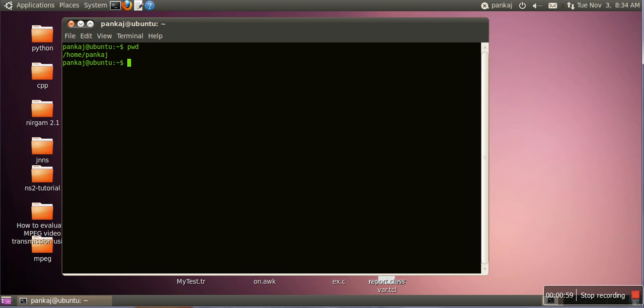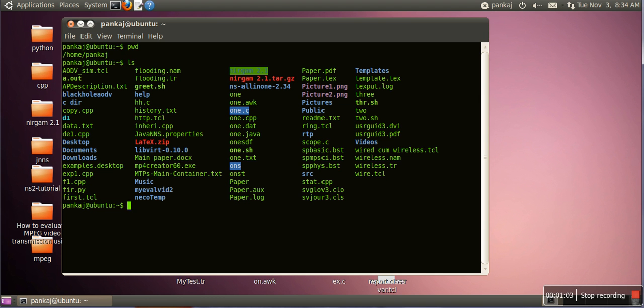Now in order to see how many files are available in this directory, command is ls. When we run ls, it will show all the file names available in this directory. In case you want other details of these files, we have to write ls minus a.